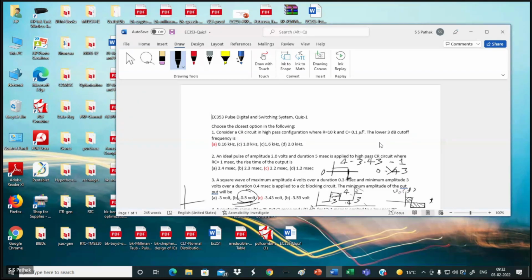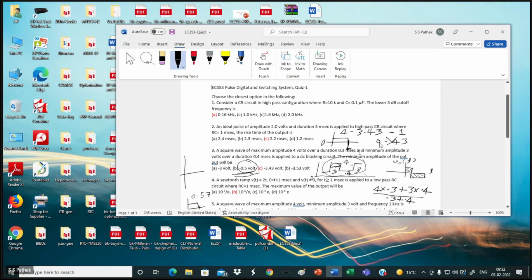The idea was this thing, how to compute the DC, I put in the question. I did that in the first or second lecture when I was taking on this, how to compute the average. So this area plus this area divided by the total time. So that becomes your voltage. Voltage into time divided by time becomes your voltage. That was your DC. Okay, so in both the questions, the answers were changed. In one case, it was your A, another case, it was your B. So it's B and C, it is A and B.